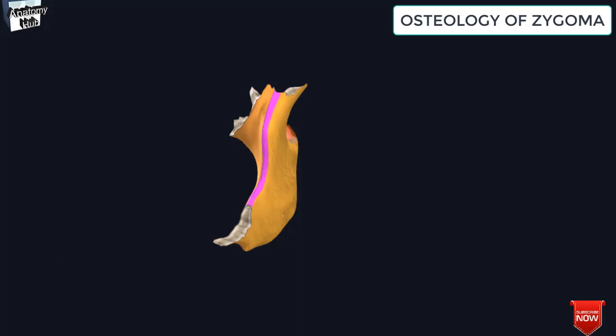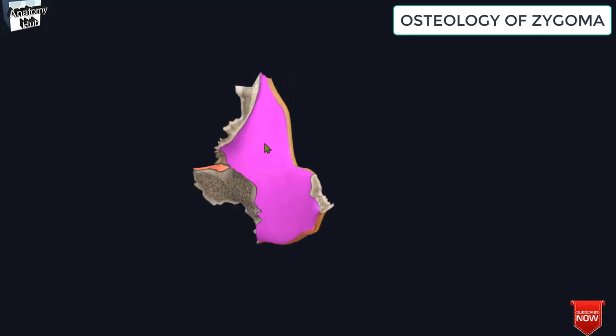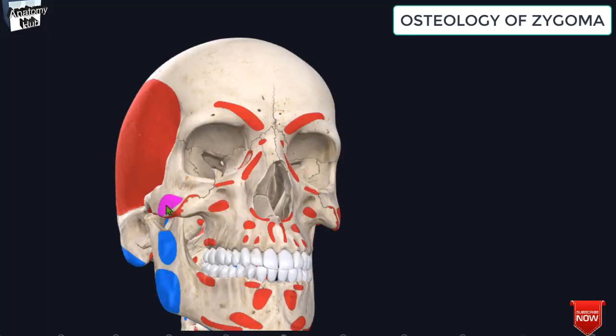Like that, you will find the temporal surface also. This is the temporal surface of the zygomatic bone that faces medially and posteriorly. It has borders with the maxilla, with the sphenoid bone, and with the frontal bone. Here you can see this zygomatic bone gives origin to a muscle over here, on the lateral surface of the zygomatic bone. This muscle is known as the zygomaticus major muscle origin.